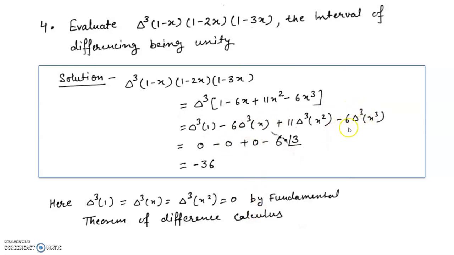And for this last term, we are using the result of that theorem, which says that delta n, here n is equal to 3. So the result says that delta n of f(x) is equal to n factorial, that is 3 factorial, h raised to power n, here h is unity, that is 1, into a naught, the leading coefficient. So here the leading coefficient is also 1. So after applying that result, we have this term equal to only 3 factorial. So finally we'll get the result minus